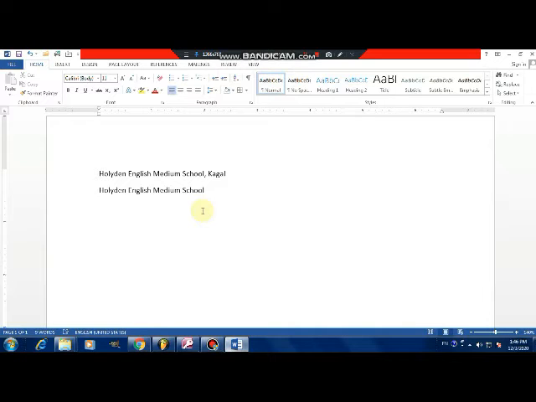Backspace removes characters from right to left, while delete erases characters from left to right without moving the cursor itself. Like we have to remove the comma and the space before Kaggle. Simply press delete. For one press, it will remove one character, so press it.